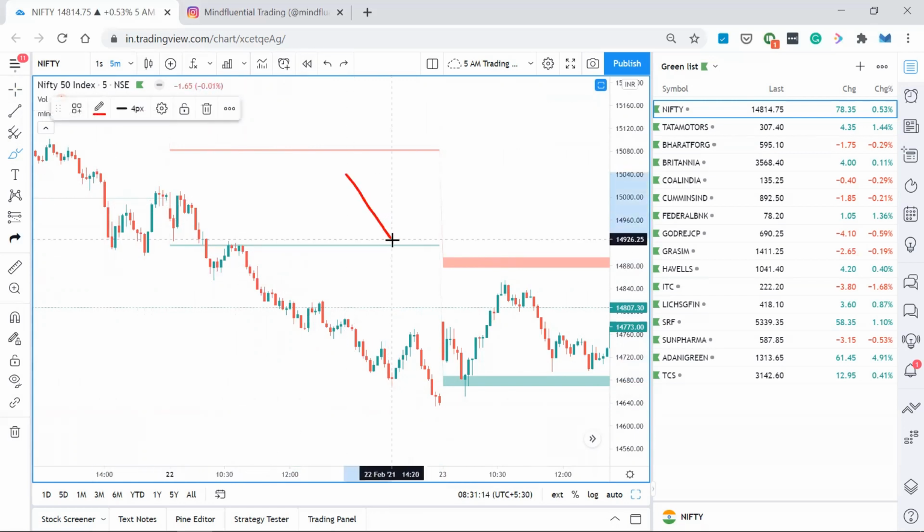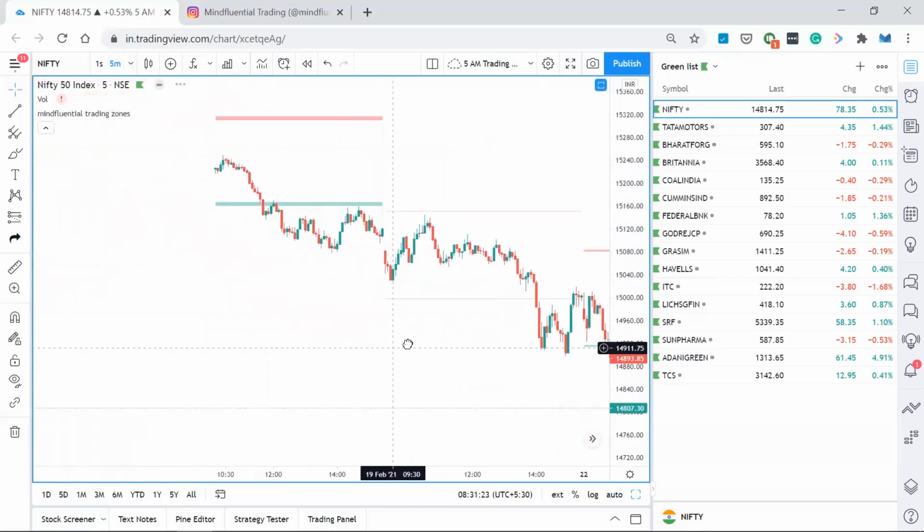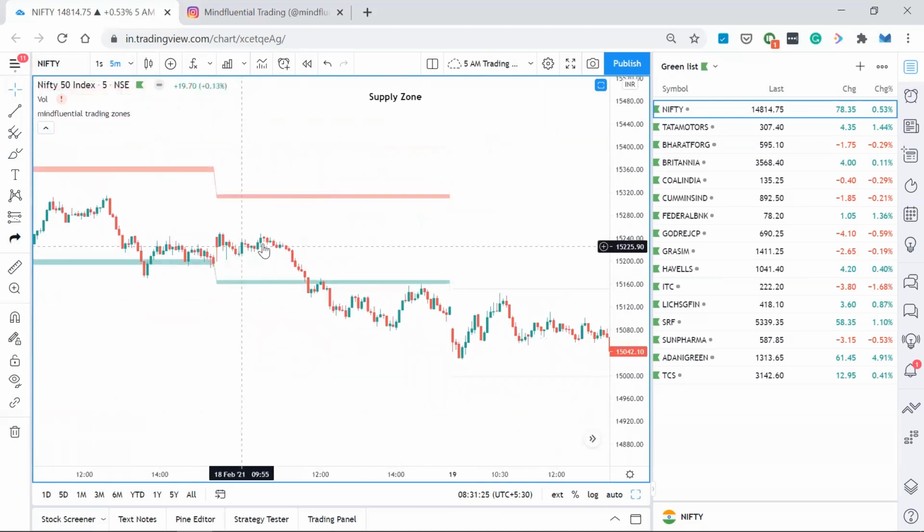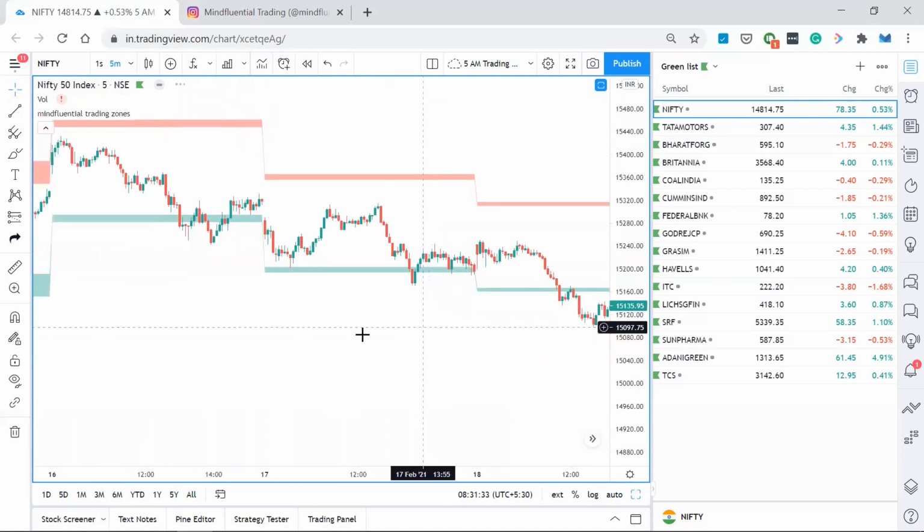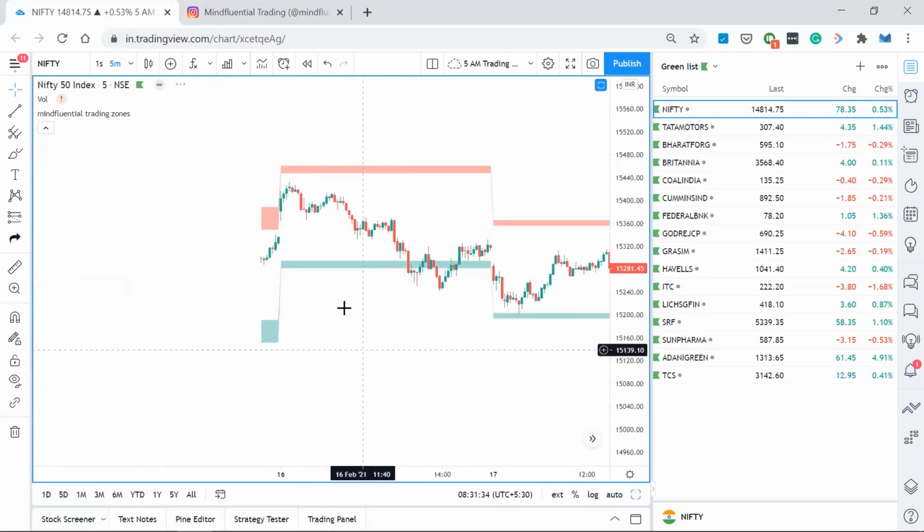Not every time should the price reverse. Sometimes it can break also and then give good momentum in that direction. You can find that example also. So here the price tries to break, right? It did not reverse here. It broke out, then retested and came back again. So these are the things you can find. You have to check how it is reacting to that particular level and then take the trades accordingly.